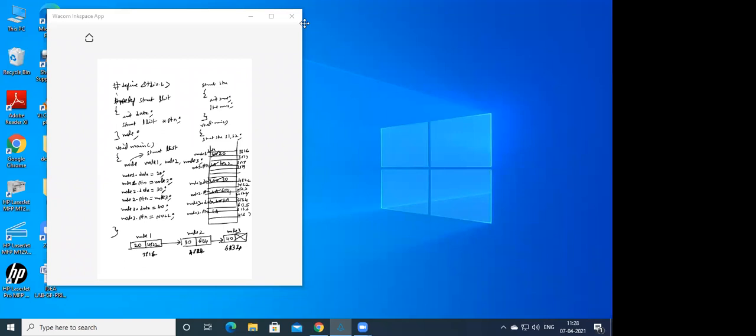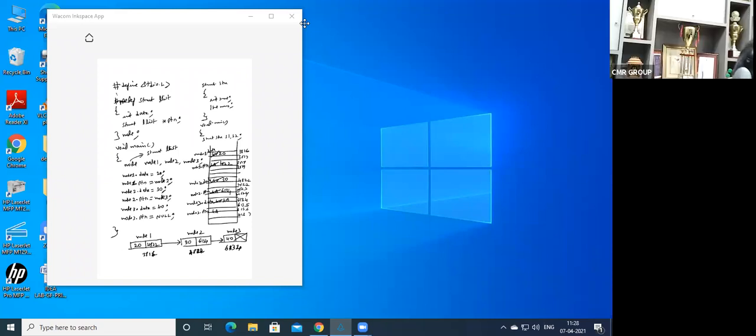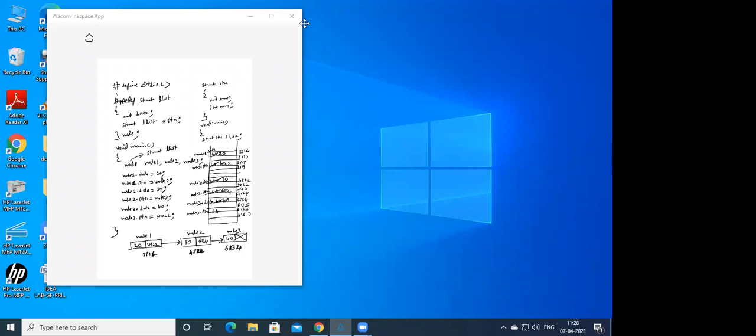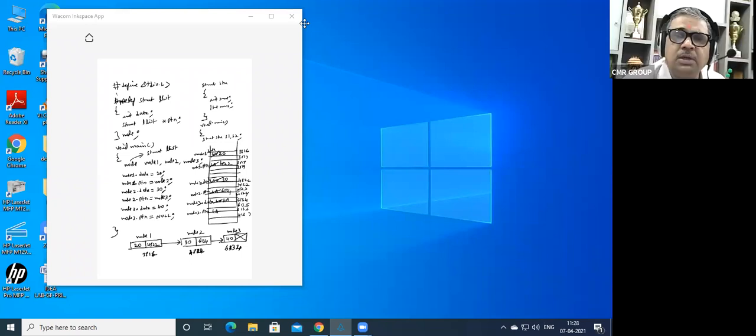Sir, without knowing the header, how can we create nodes? We are going to see that in the next class, I'll tell you. Without a header we have done this, but we are going to do it in this one also. You'll create a header star PTR. Okay, I'll tell you in the next class. Don't be in a hurry.